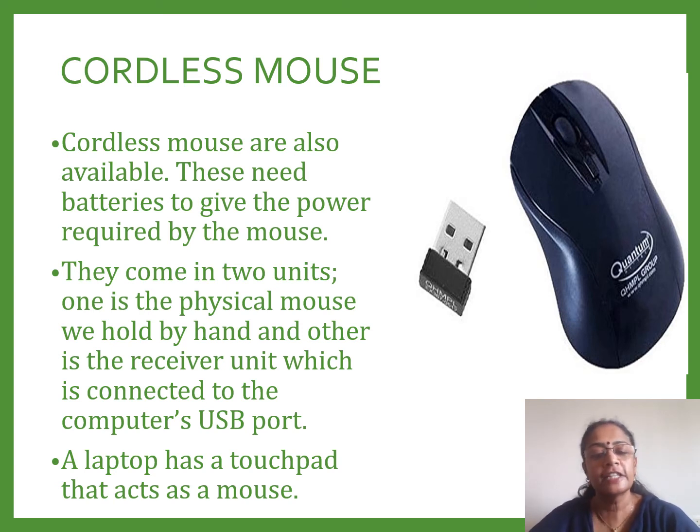So in the physical mouse, there are two units. One is the actual mouse by itself, which contains a battery unit and which you can hold in your hand, and there is also a small receiving unit which is connected to the USB port. In the figure beside, you can see the physical unit, the actual mouse, and there is a small little receiving unit which you plug into the USB port. This type of wireless cordless mouse is becoming very common nowadays. Everybody is using this type of cordless mouse.